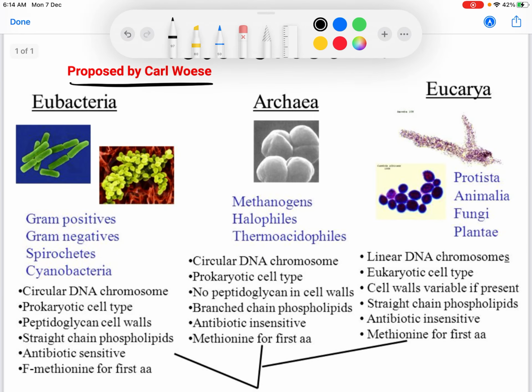Now what is this domain? Domain number 1 is Eubacteria, domain number 2 is Archaebacteria, and domain number 3, what he termed, is Eukarya. Now actually, according to the feature, this must be first Archaea, then second Eubacteria. Now how has he classified them? He involved evolutionary relationship into them. Evolutionary relationship he added.